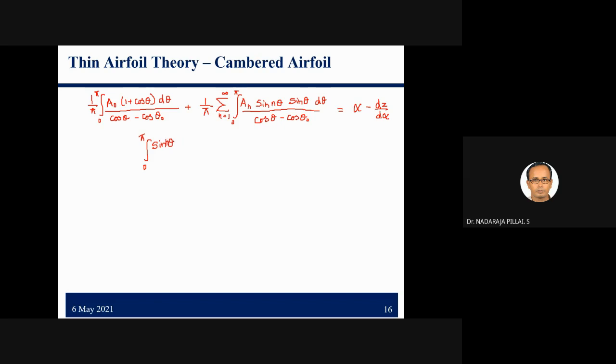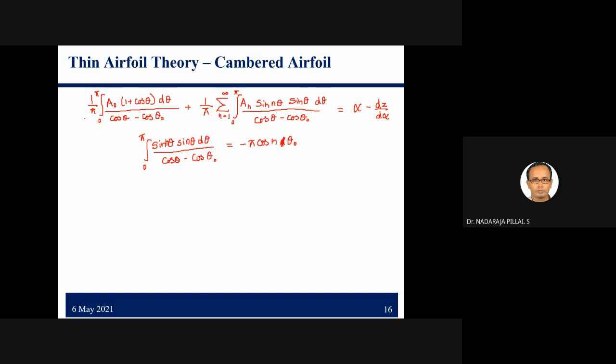sin theta d theta by cos theta minus cos theta naught, that is equal to minus pi cos n theta naught. Sorry, cos n theta naught. So by substituting the standard integrals,